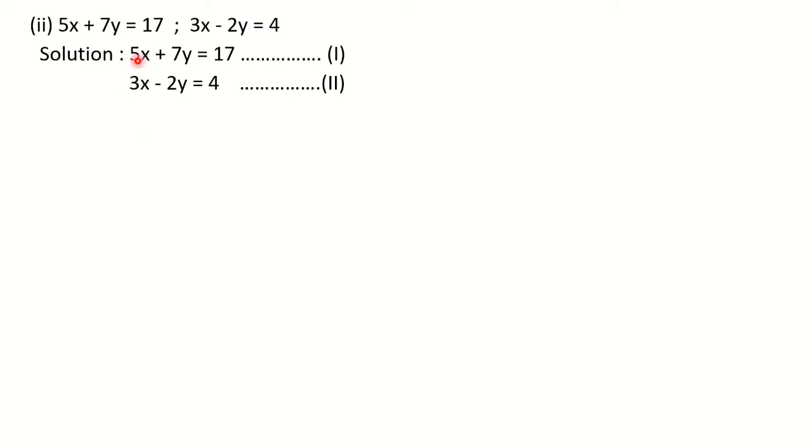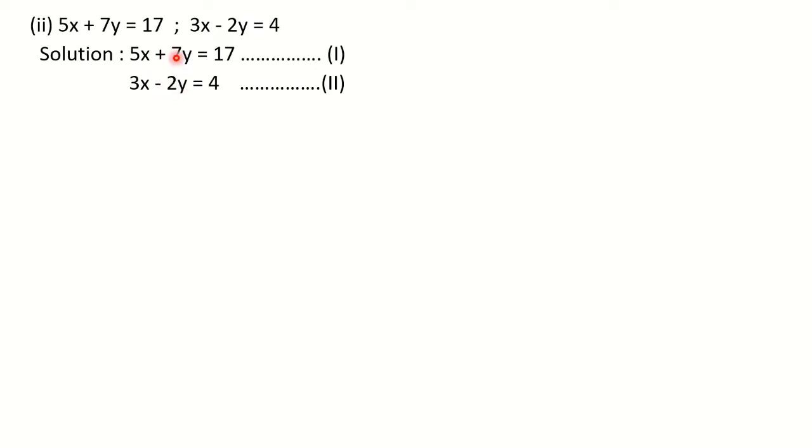Okay, if you want to equate the coefficient of x, then you have to multiply equation 1 by 3 and equation 2 by 5. And if you want to equate the coefficient of y, you have to multiply equation 1 by 2 and equation 2 by 7. Okay. So what I am doing here is I am equating the coefficient of y because the signs are opposite. Always choose the opposite signs because adding is easier than subtracting. In subtracting you need to change signs and so on. So always try to equate the coefficients with opposite signs.